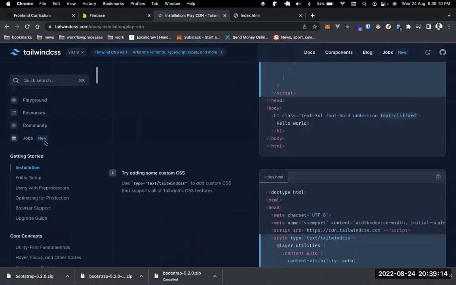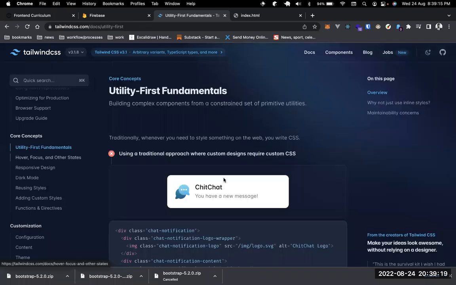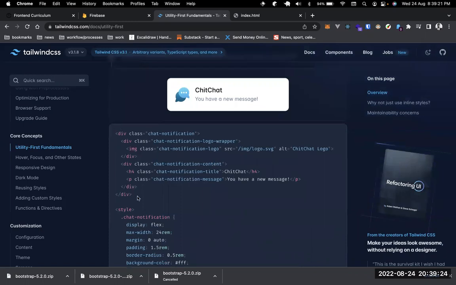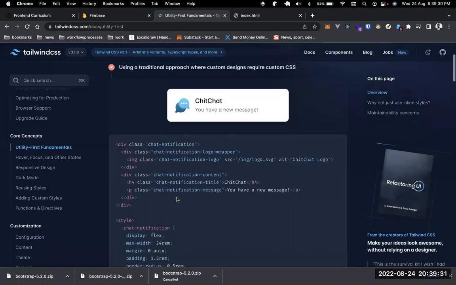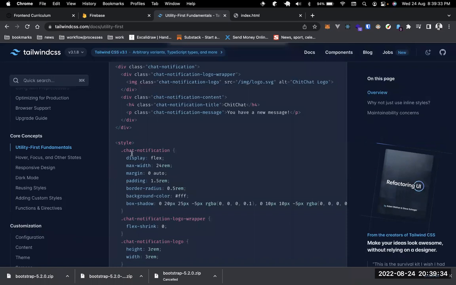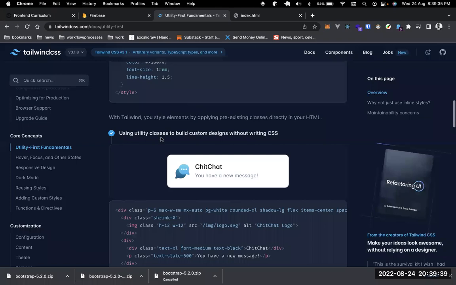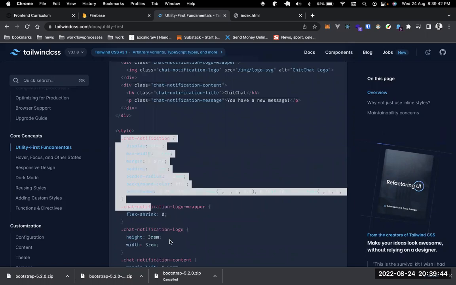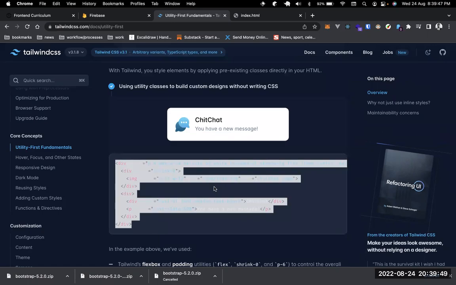So what I'm going to do is let's go down to the core concepts. So you see, this is utility first. This is kind of like a simple guide to working with utility-first components. Right now we have a very simple example here, a chat notification, which is basically this set of styles that you have right here. And when working with Tailwind, you don't necessarily need to create these styles yourself, right? If you want to work with this as an example, you can simply